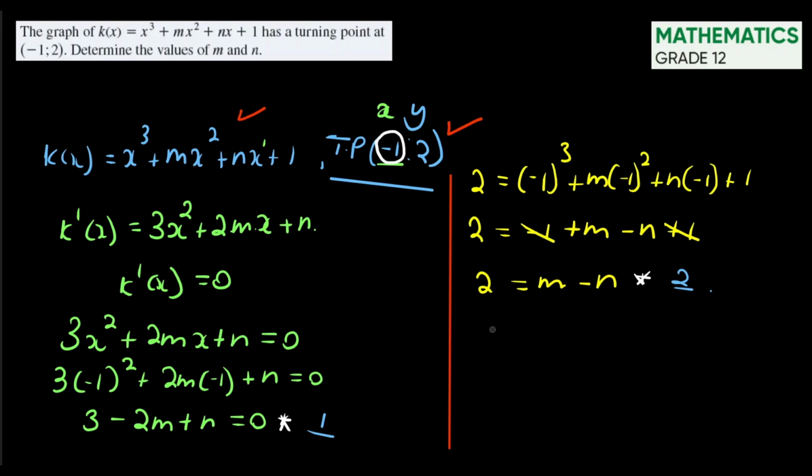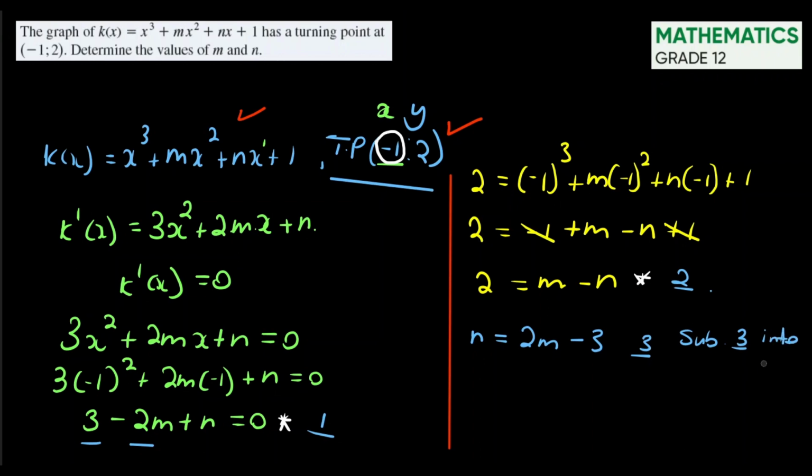We can just take equation 1 and make n the subject. If n is the subject, we're going to take everything to the other side of the equation. We're going to have 2m minus 3. We're going to just take this 2m and 3 to the other side of the equation and leave n. So this will enable us to have equation 3. Then we can just substitute equation 3